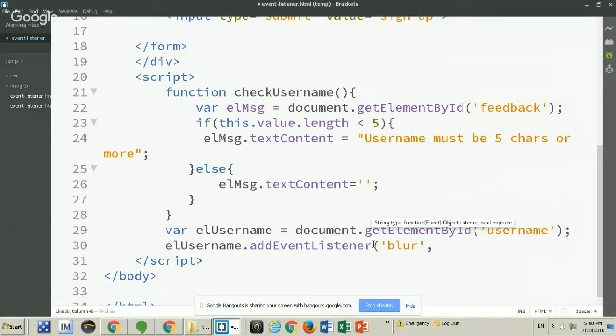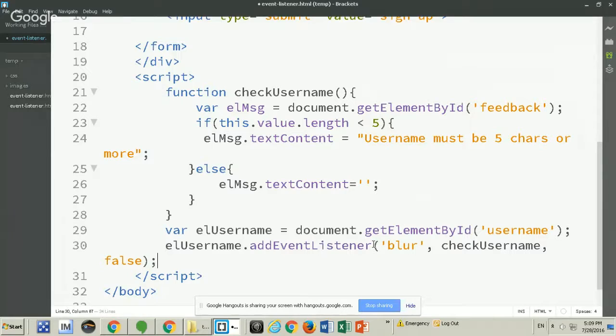And then the second argument is going to be the name of the function, which is check username. And then the last optional argument is going to be the event capture, whether it is